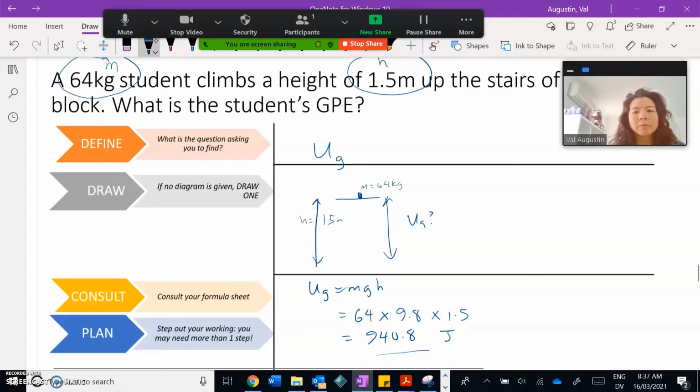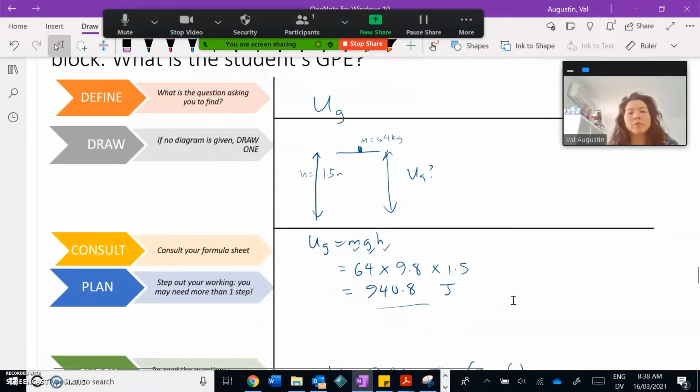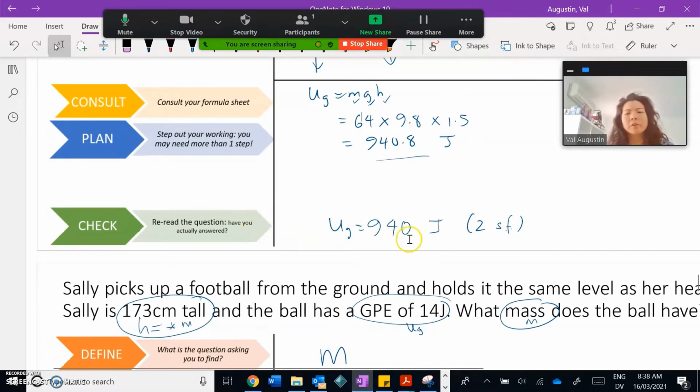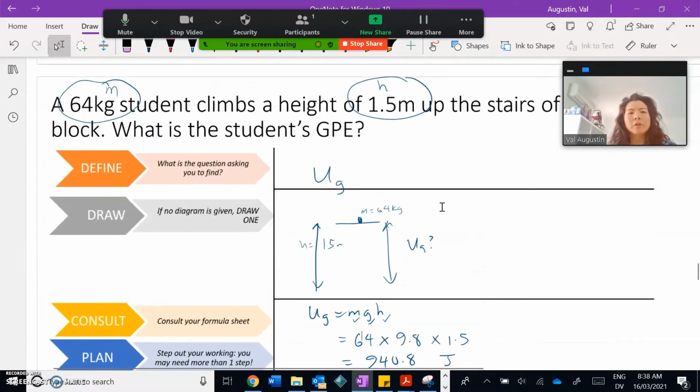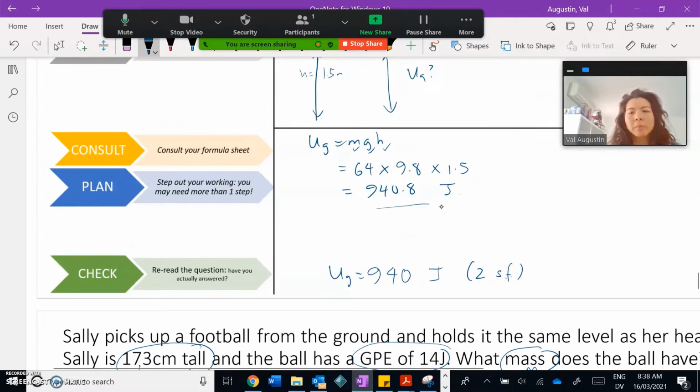64 kilos. Okay. Now this is what I call a plug-and-play question, because all that you know is on the right-hand side. We know the mass, we know the height, we know g. So you can actually substitute them straight into the formula. So Ug is 64 times 9.8 times 1.5, and when you type in your calculator, you get 940.8 joules. If you answer the question correctly, it is 940 to 2 significant figures if you want to be accurate. But at year 10 level, I'm happy with having this answer, the 940.8, because it's correct to 1 decimal place. Alright, now here,